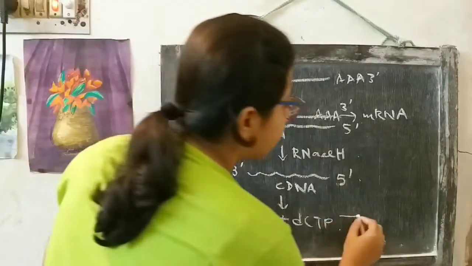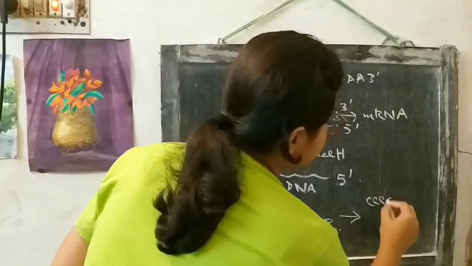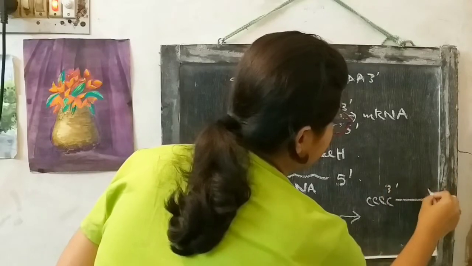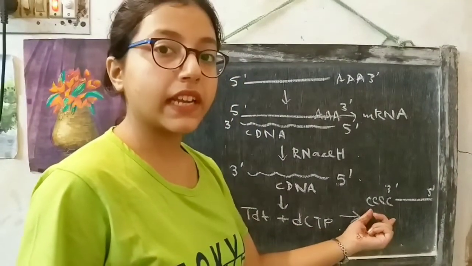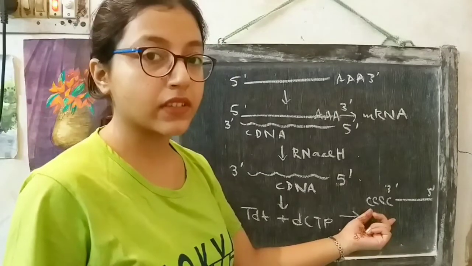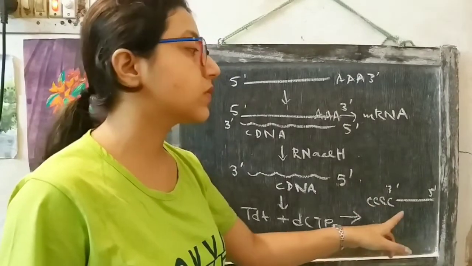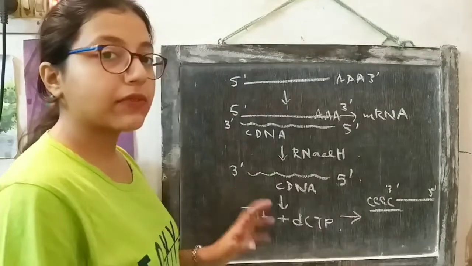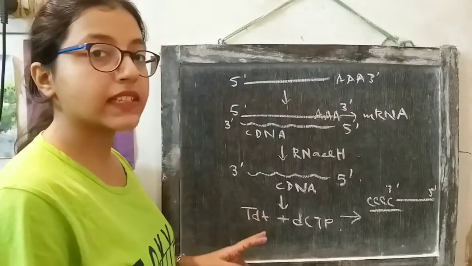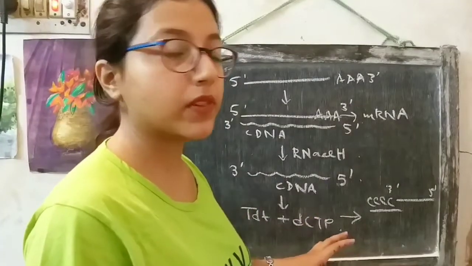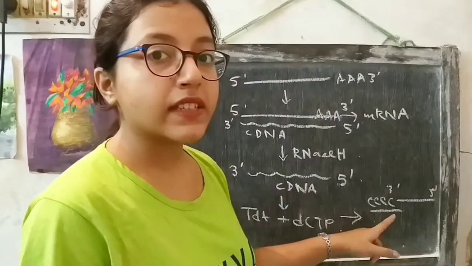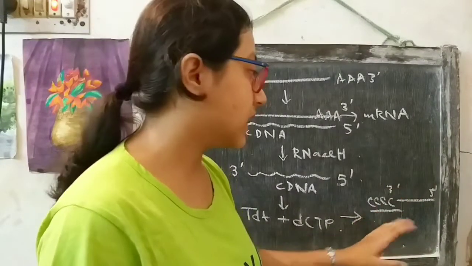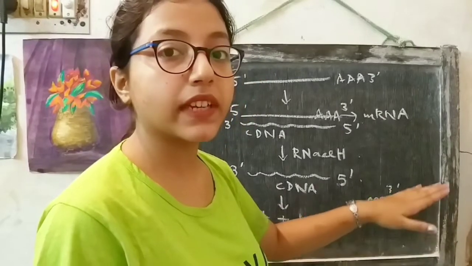So the product will be like this. The cDNA will be homopolymeric tailed by the cytidine residues. Oligo C residues will be attached to the 3' end of the DNA. After the treatment of this cDNA with the enzyme and dCTP, what we get as a product is a cDNA that is having C residues attached to the 3' end of the DNA. So this DNA is homopolymerically tailed.